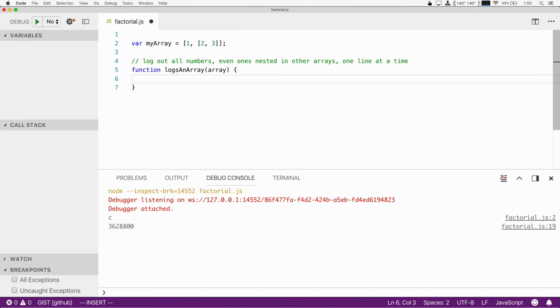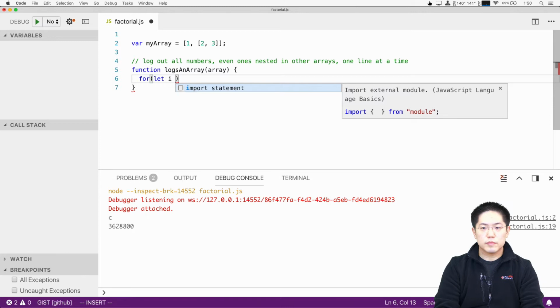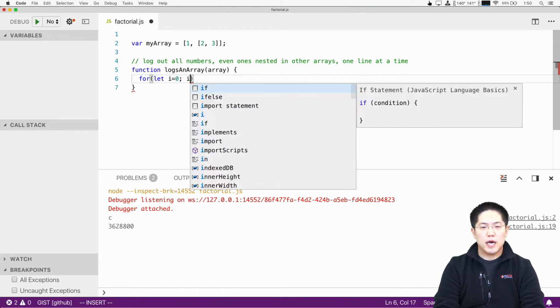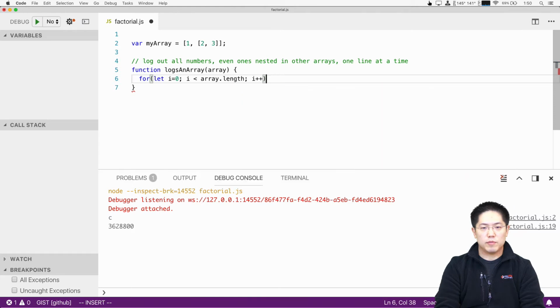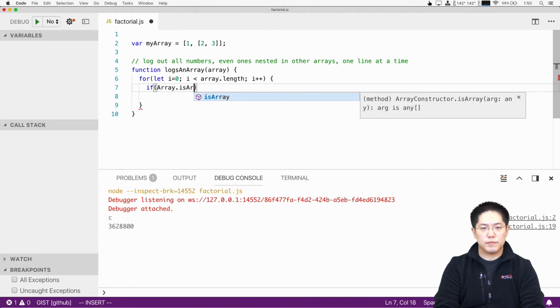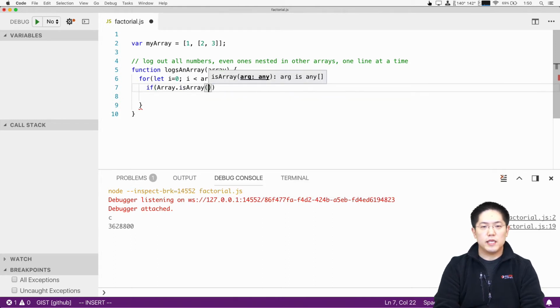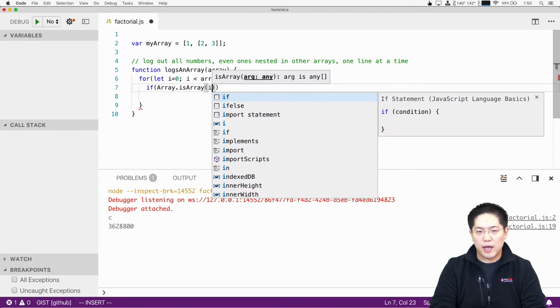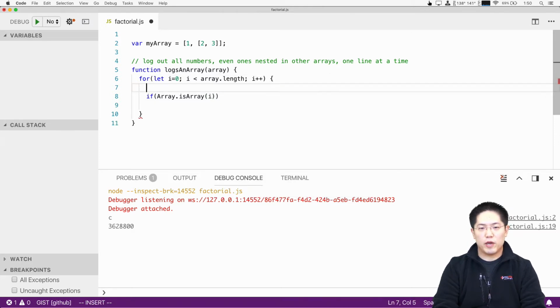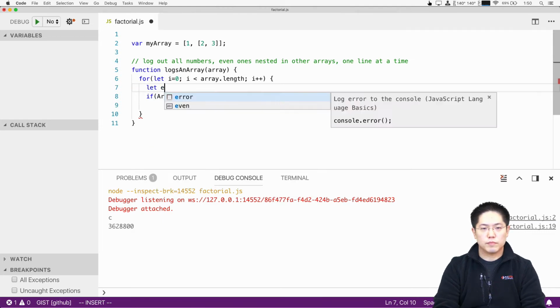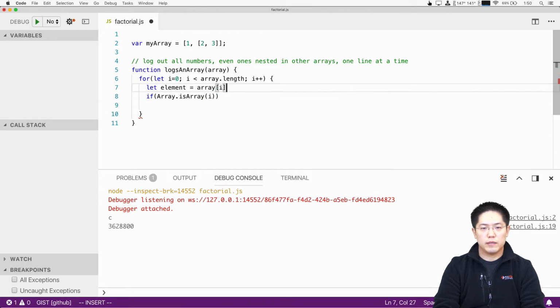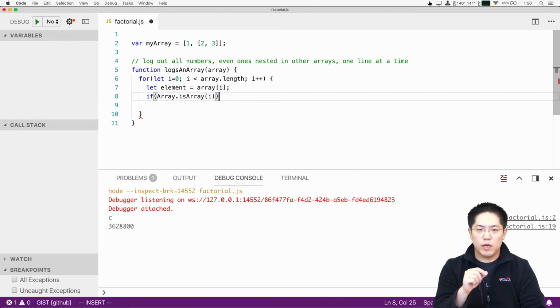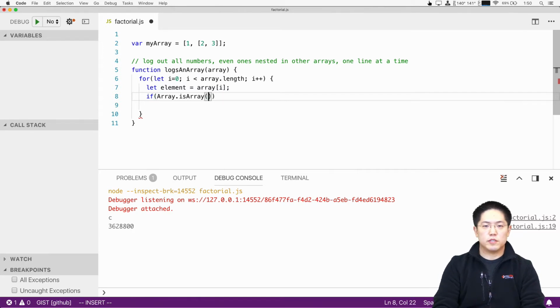Right? So what we should do here is go through all the elements of this array. For let i equals 0, i less than array.length, i++. We want to say, okay, if this is an array, and this function comes from JavaScript itself. A lot of times people will do i, right? But i is not correct here. i, of course, will never be an array. i is the index. So to be more explicit, we can say let element equal array i, right? So the element here will be the 1 or the array 2, 3. So if this element is an array,